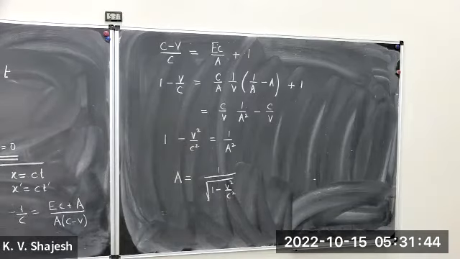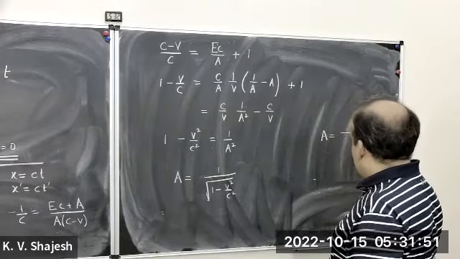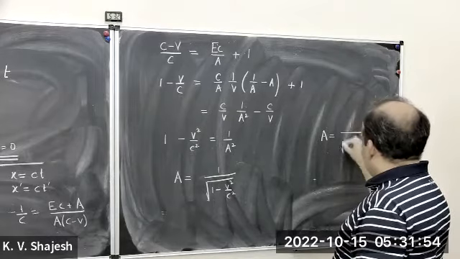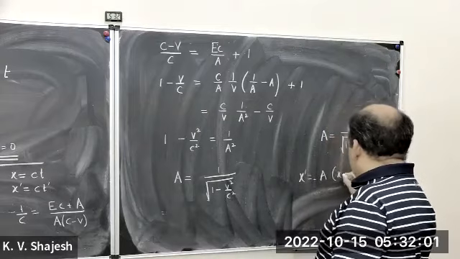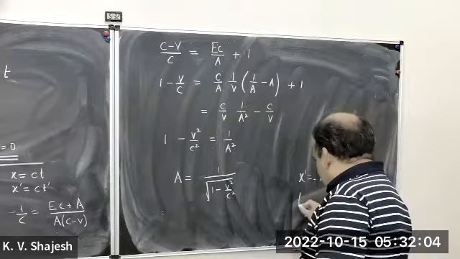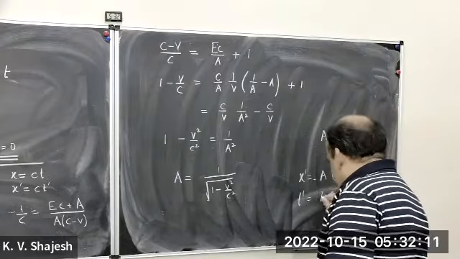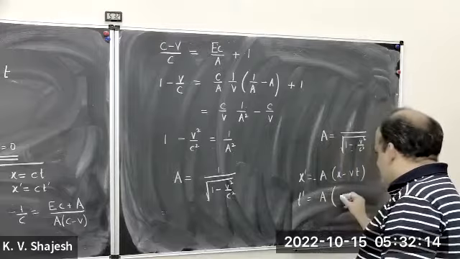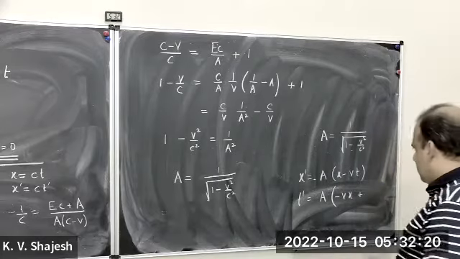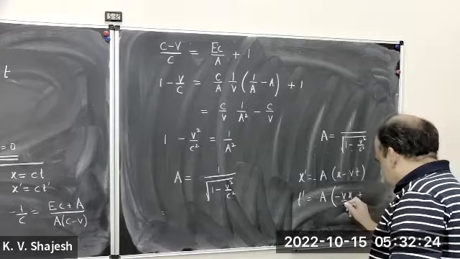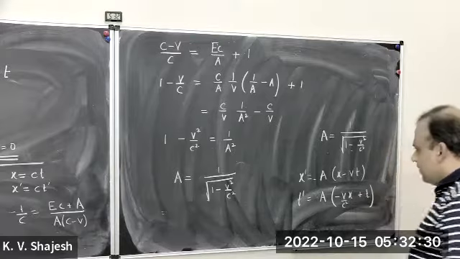So overall, what we are saying is that instead of setting A equal to 1, if I were to set A equal to 1 over 1 minus V square over C square, right, where remember my X prime is equal to A times X minus VT, and T prime then is equal to, I can put this all together, it becomes A. I can bring that A out and it comes out to be equal to minus Vx over C squared plus T. That comes out to be a solution.